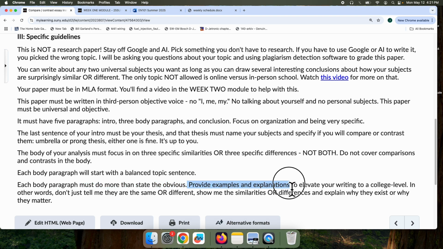You need to provide examples and explanations to elevate your writing to the college level. And that's going to come naturally if you write about something you are genuinely into. For example, I get a lot of firefighters in my class. And boy, these people will dork out over fires, and they will get so down into the nitty-gritty about how